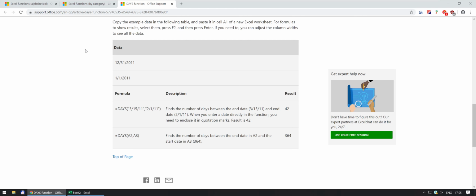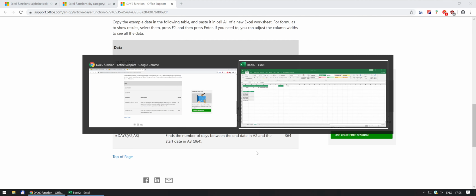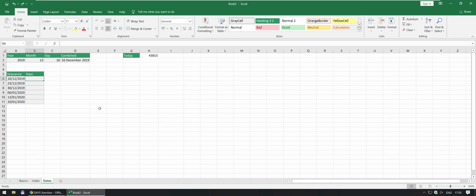Now Microsoft has a few examples here, but I think let's go to our date sheet that I've built for you and just have a look, and we're going to find the difference between days that have been listed here. So if you go DAYS, and that's your end date and that's your start date, and note that the end date is in the past compared to your start date, but that's fine. Excel can work with that. You just get a negative value, and of course you'll find that in fact each of these are 7 days